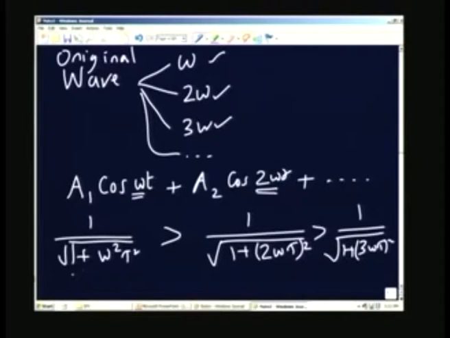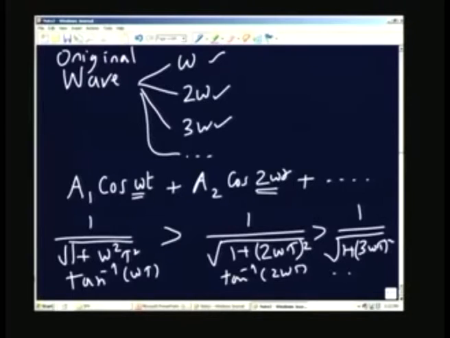And number 2, the phase lag will be tan inverse omega tau, this will be tan inverse 2 omega tau and so on and so forth. That means the phase lag is also changing. That means there is a shift in the wave, or a shift in the response with respect to time, and also there is a change in the amplitude of each one of these components. Therefore, we are going to have some distortion in the shape of the wave.